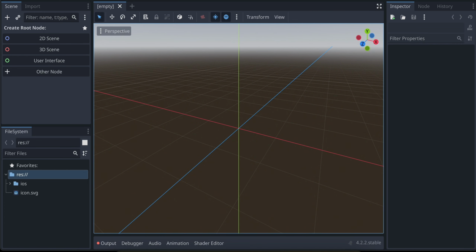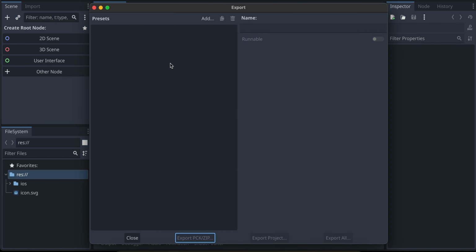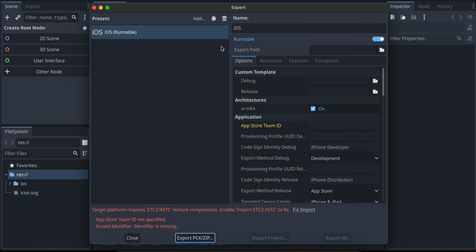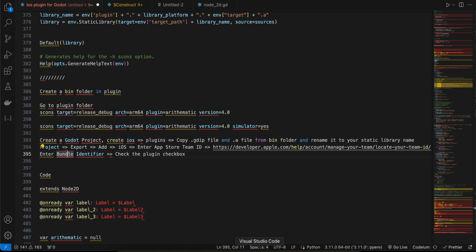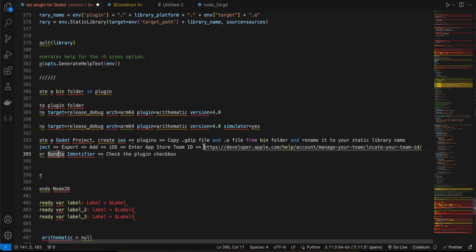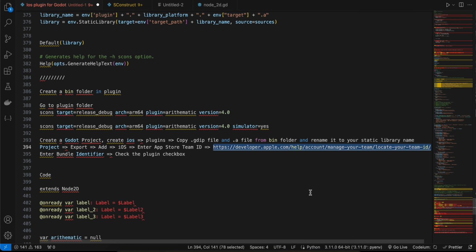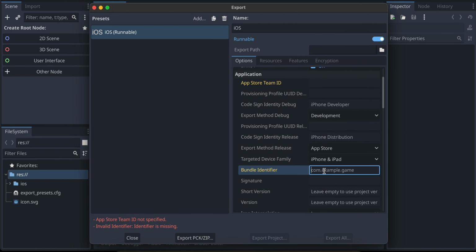Okay, and next we have to go to your Godot project, click on project, export, add iOS, click on fix import. Make sure you add your App Store team ID. I'm not going to show you mine. So if you want to know how to find it, you can go to this particular URL. It will guide you on how to get your App Store team ID. Then you will have to enter your bundle identifier. I will just enter it as